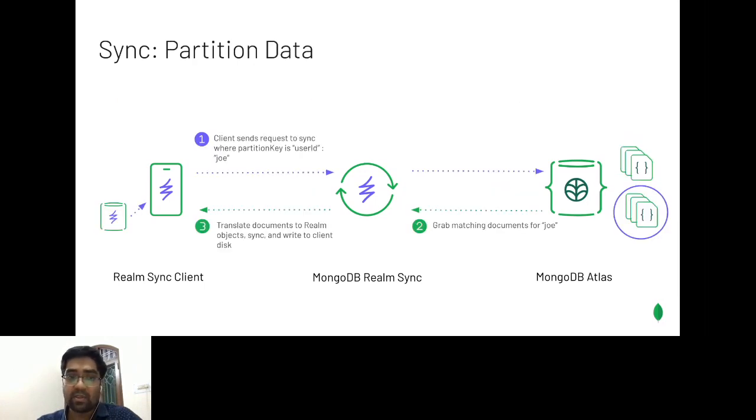Realm Sync has another very important aspect called partitioning of the data. What I'd like to say is, let's say you have hundreds of users, and they have tons of data. Now, being a mobile SDK, you won't want to save all that data on your mobile phone.